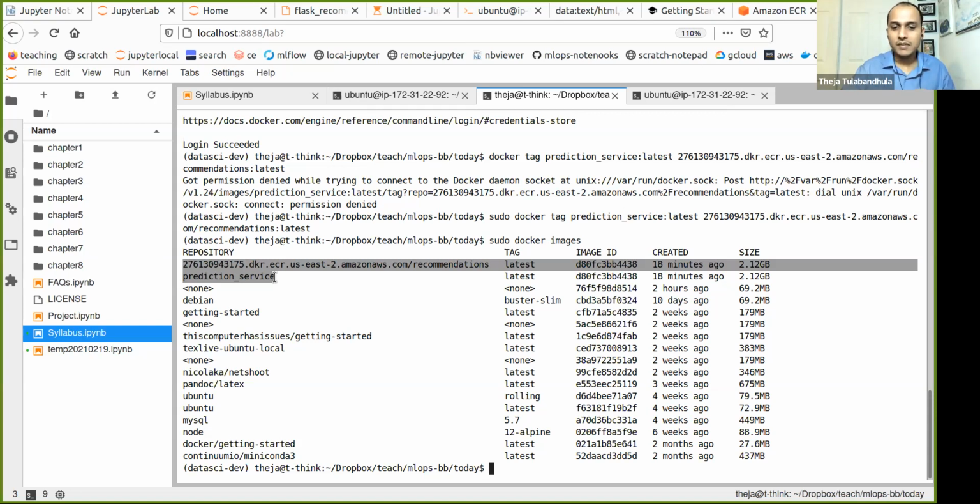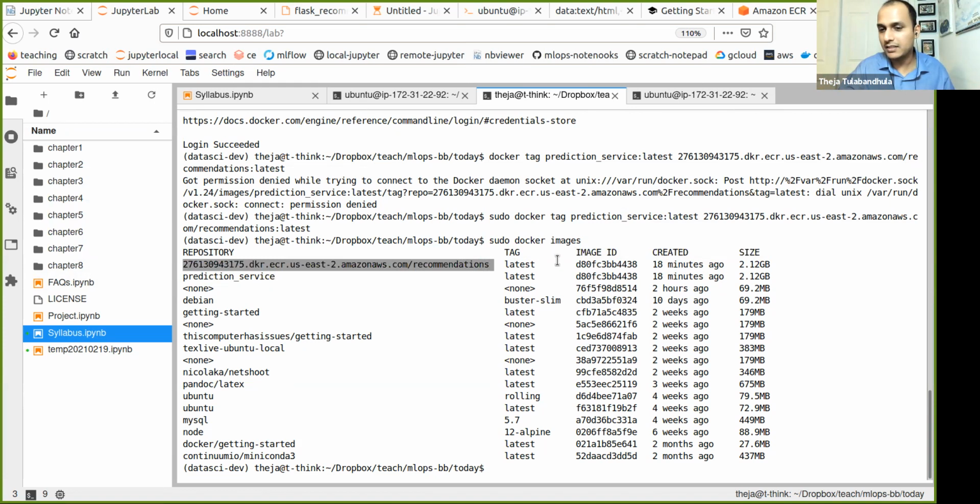Step 2, we have created a specific image name that is needed. A generic image name like, hey, my image, will not work. You need to have this extra string here, which is specific to your account. Instead of this 27-something number, you may have something else. Instead of this region, you may have a different region. But anyway, we got a new tag.